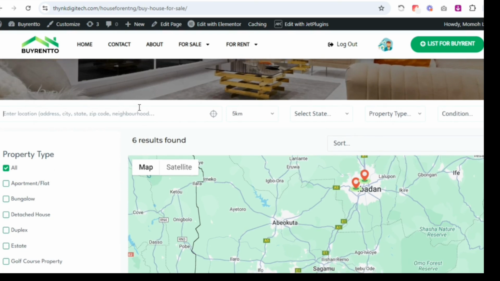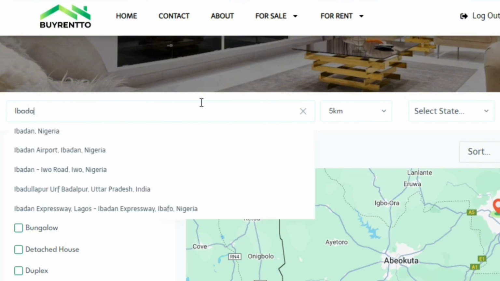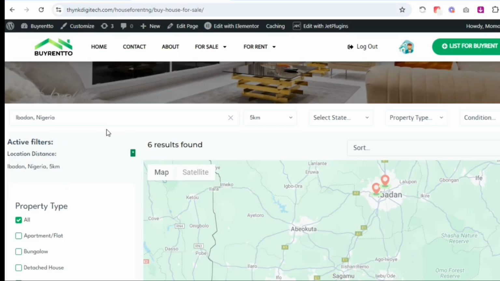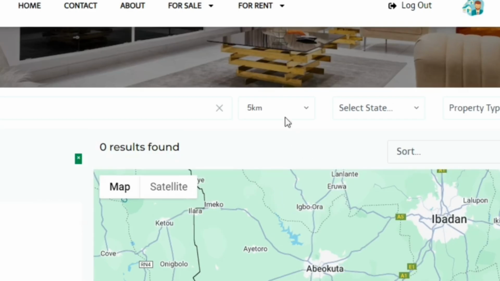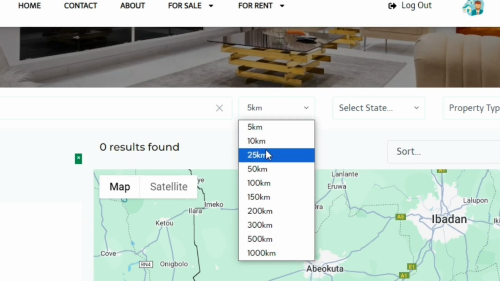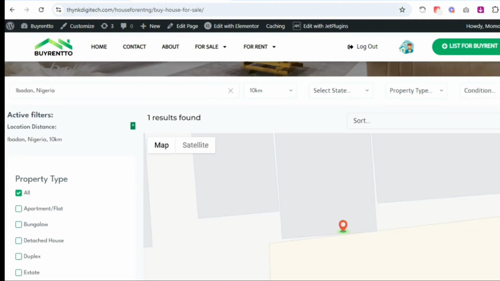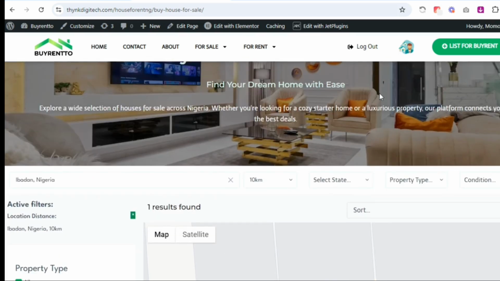Let's say I enter a location, Ibadan, Nigeria, because this listing website is for Nigerian properties. We see no property being pulled out, although there are actually properties in Ibadan listed here. So I'll extend the distance filter, widen the radius to, let's say, 10 kilometers. And as you can see, we have one result found, that is one property, house for sale, being